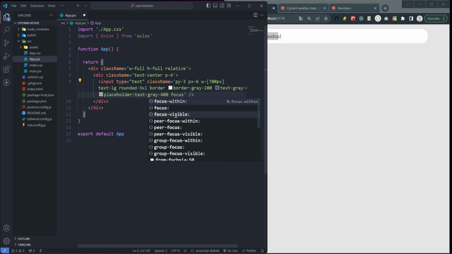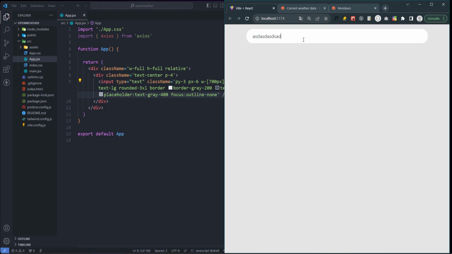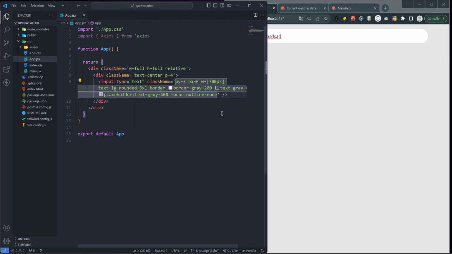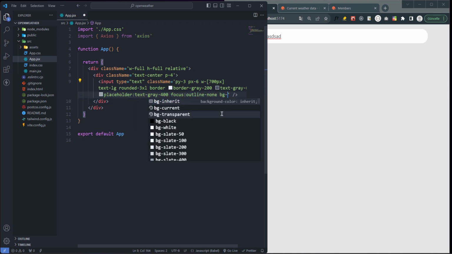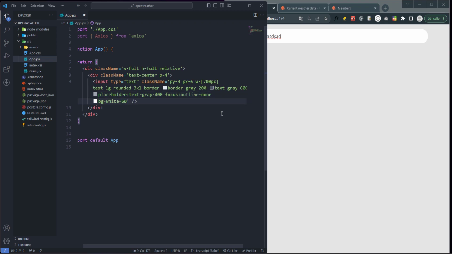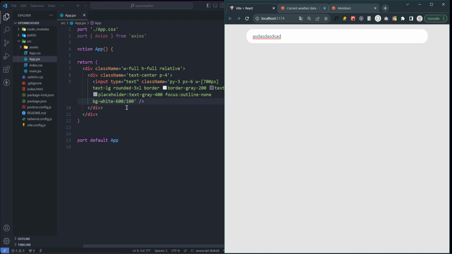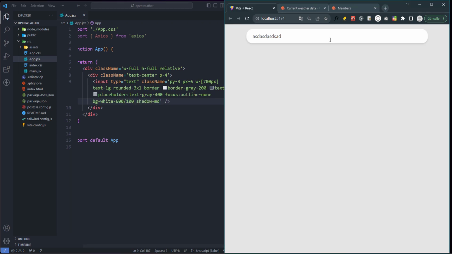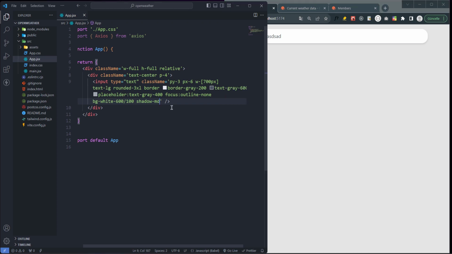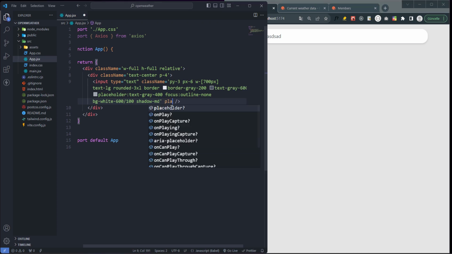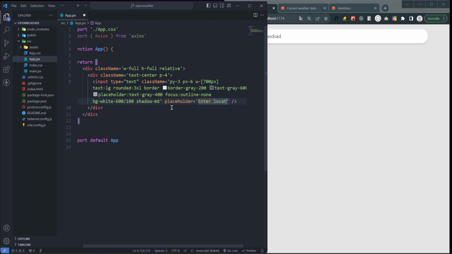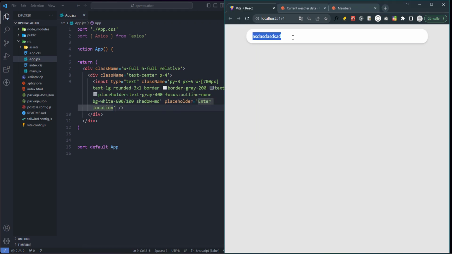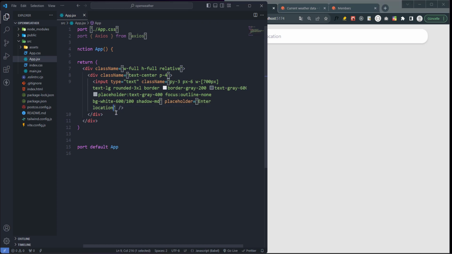Okay, and focus outline-none. Okay, and I'm adding background white 600 white 100. Okay, and maybe I add shadow. Okay, it's that. And after that, placeholder, enter location. Okay,